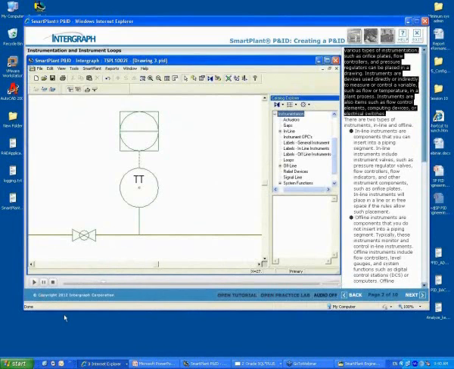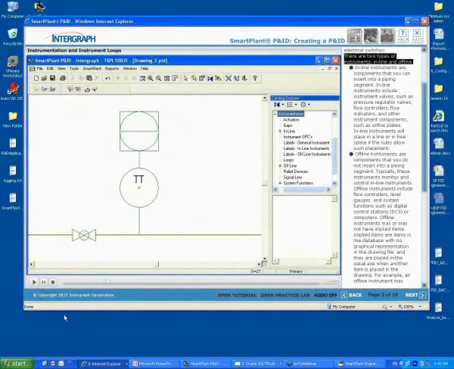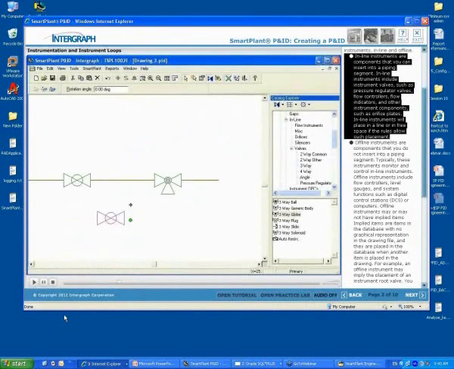I'm going to turn on the audio. Switches. There are two types of instruments, inline and offline. Inline instruments are components that you can insert into a piping segment. Inline instruments include instrument valves, such as pressure regulator valves, flow controllers, flow indicators, and other instrument components, such as